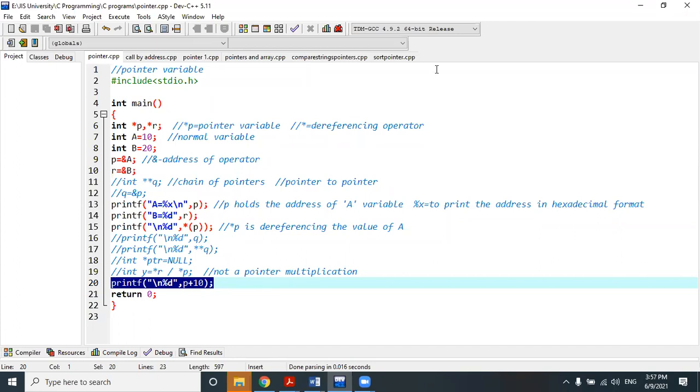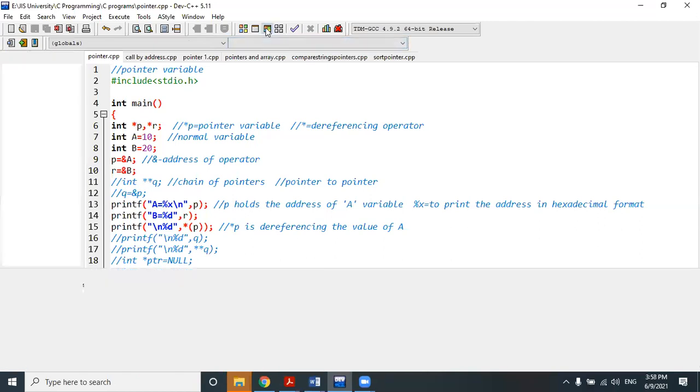Anyone can answer? No, it's not, because it's adding to the address. First tell me whether it will run or not. It will run. Okay, let's check it out.